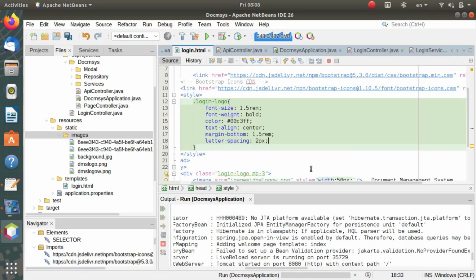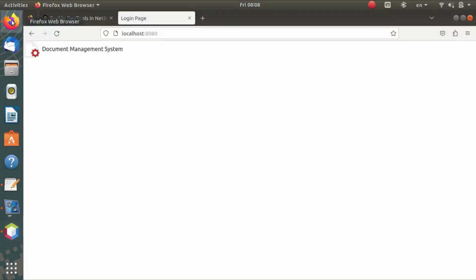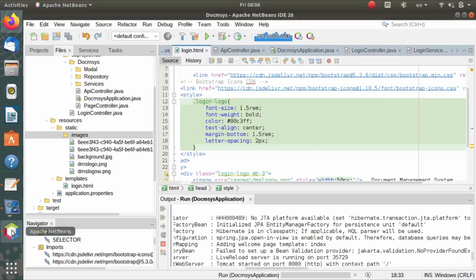Here we apply the normal login CSS. Such type of things is created. A well formatted document management system with center alignment, and after that